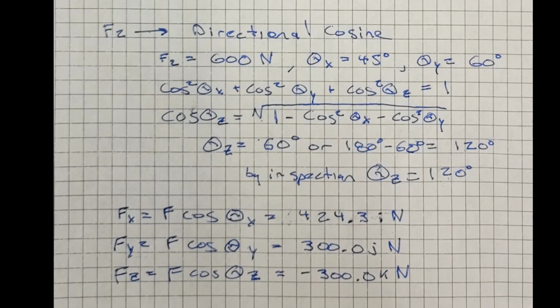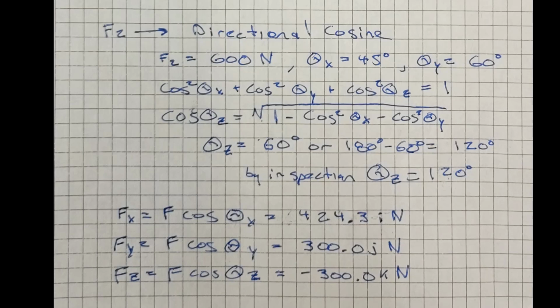So we are lacking our theta Z. So we have to derive that. And again, I'm going to state the equation, which is cosine squared theta X plus cosine squared theta Y plus cosine squared theta Z is equal to 1. So then I use that equation, I plug in the necessary information, and I solve for theta Z, which we get